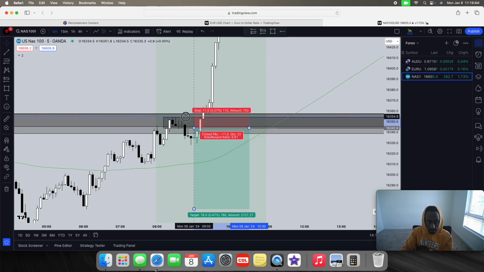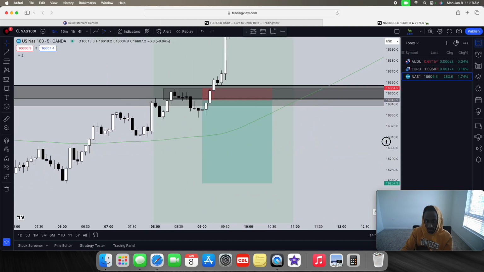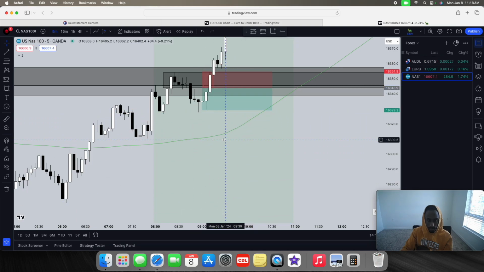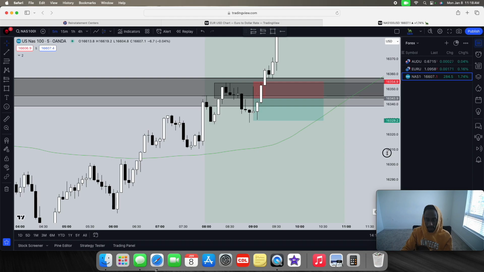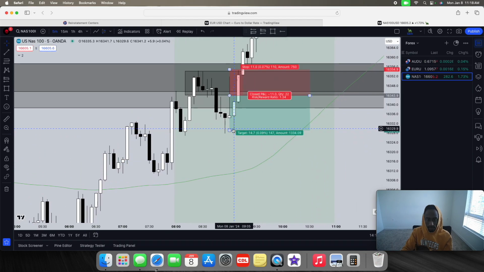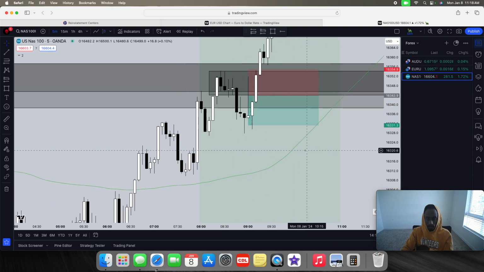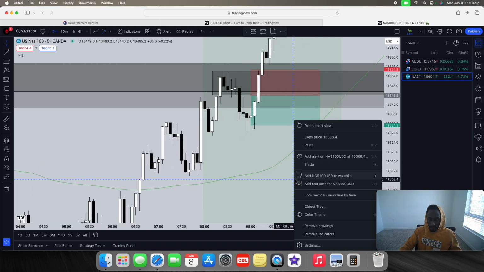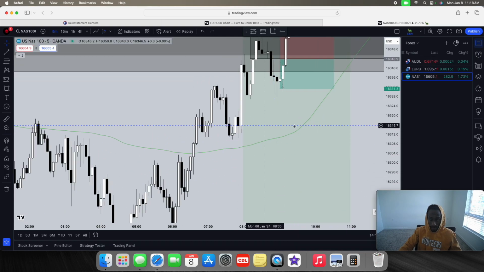Stop loss above that zone, and then I just target something like that, a little 1-to-1, and then immediate reverse. But I won the trade. Now, going forward, I think I'm not going to trade